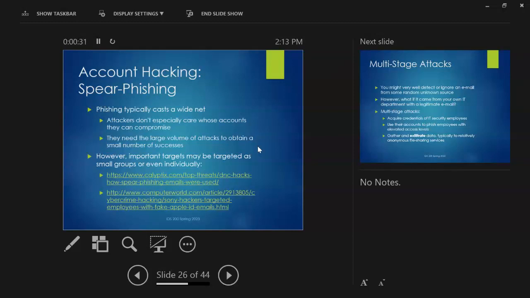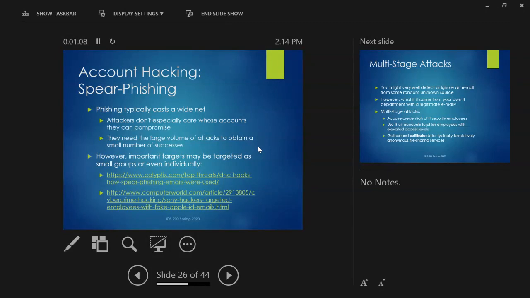And the classic case of that recently was Sony. You guys may remember circa 2015, North Korea was pretty upset that Sony was coming out with the movie called The Interview, with Seth Rogen and James Franco as two interviewers who were actually, I think, CIA agents sent out to assassinate Kim Jong-un. So North Korea wasn't real thrilled about this movie and they wanted Sony to not release it. And Sony said, nah, we're going to release it. And so North Korea targeted Sony in order to try to keep them from releasing the film. So that's the difference.